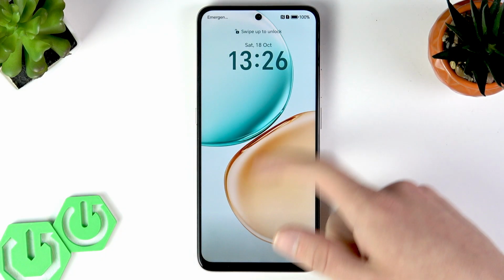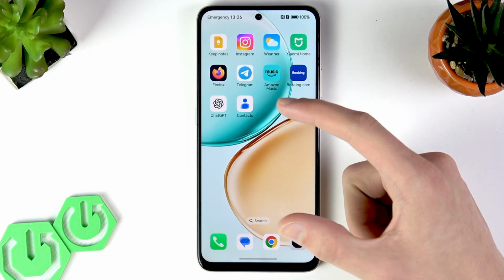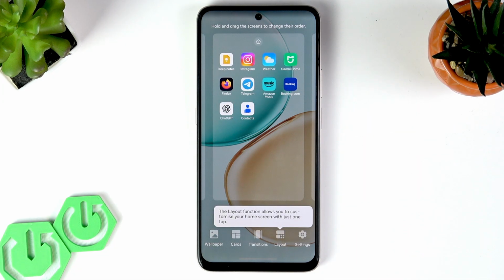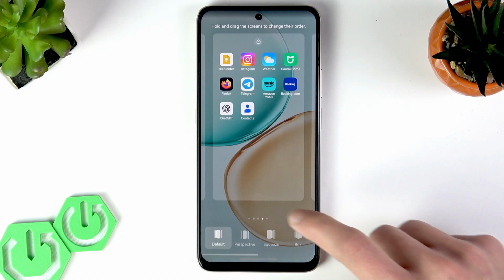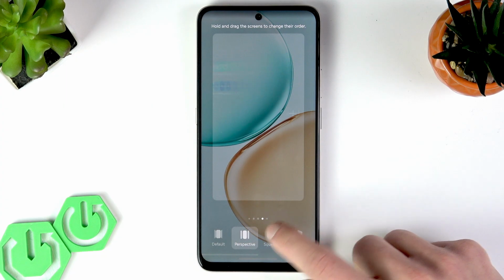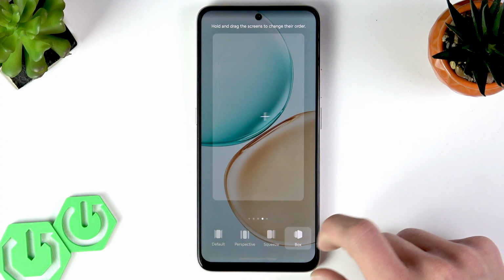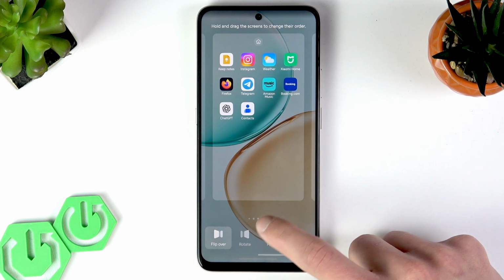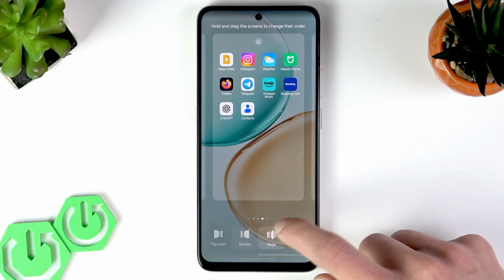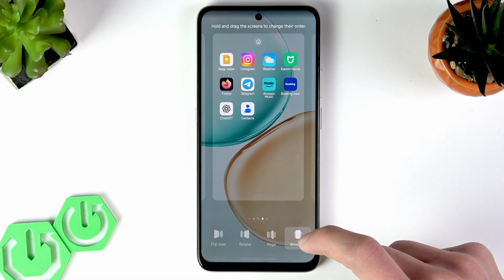In order to do that, you have to perform a pinch gesture on your home screen like that, and then go to transition section right here below. And at the bottom of the screen you can see all of the different options for your screen transitions, and you can choose any of them. You can also see the preview of what they represent basically,